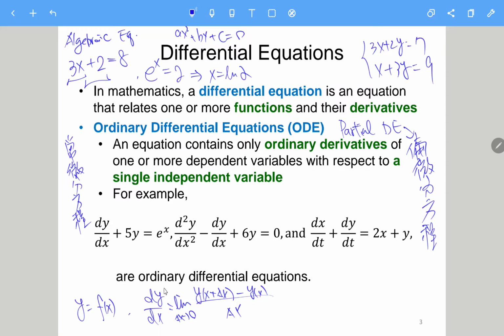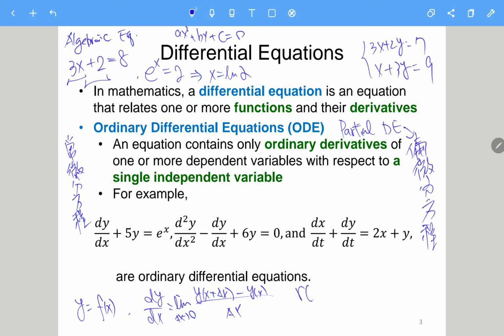So for this case, y is just a function of a single variable, of one independent variable, and then we can take the ordinary derivative of this function. But sometimes a function can be multivariable. Just say if we have